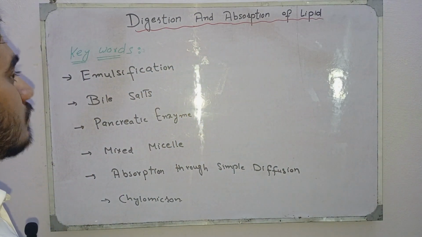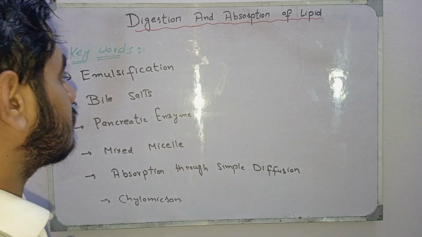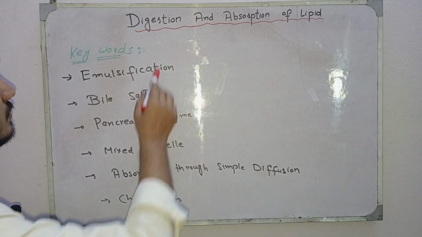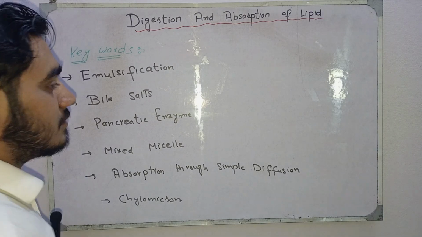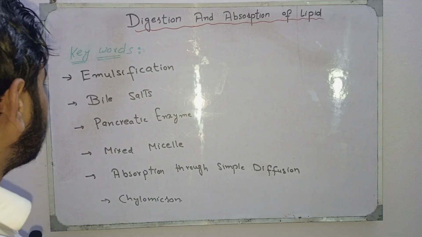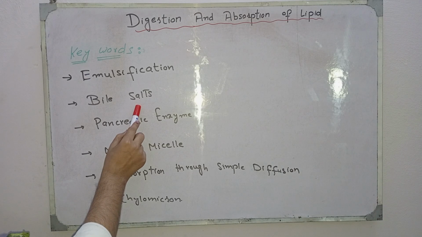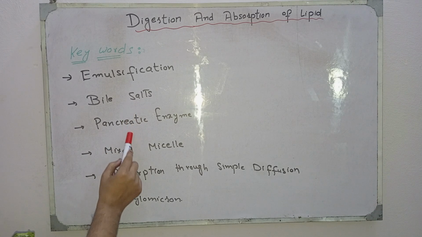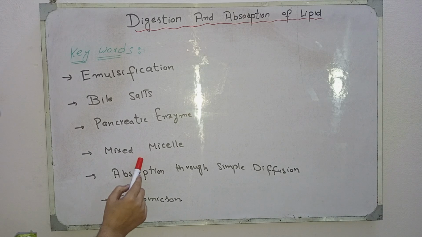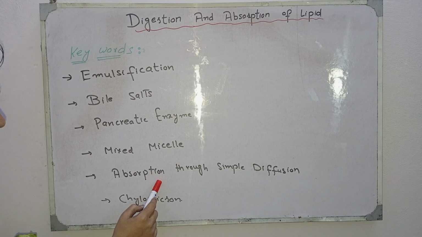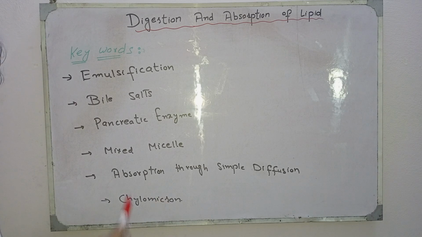So, there are some keywords related to the digestion and absorption of lipid: emulsification, bile salts, pancreatic enzyme, mixed micelle formation, absorption through simple diffusion, and chylomicron. Okay,